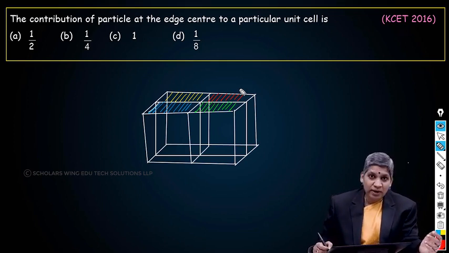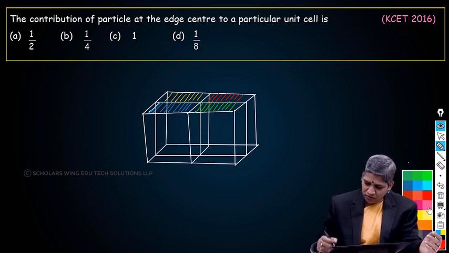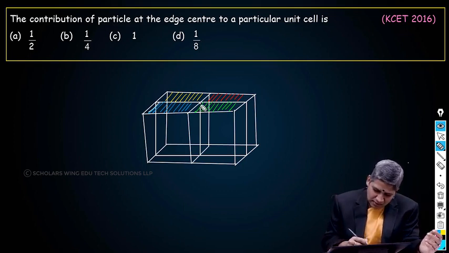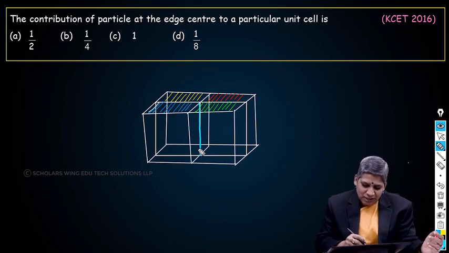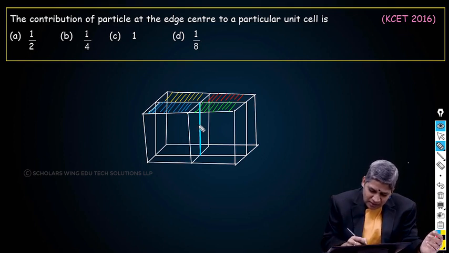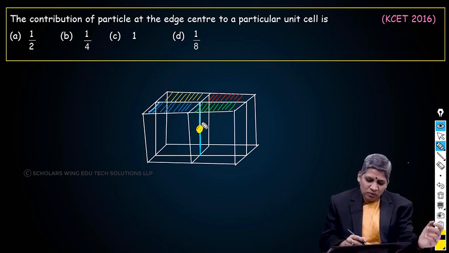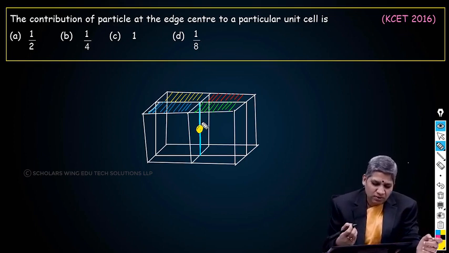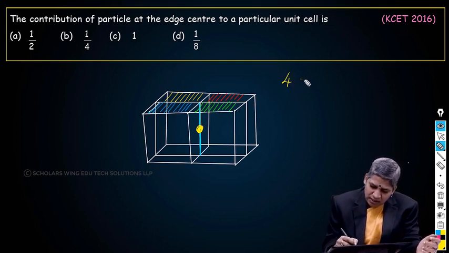Okay. And we know every cube has 12 edges. Which is the edge that is common to all the 4? Look here. Isn't this edge? I'm highlighting with blue once again. See, this edge is common for all the 4, right? Now, let us say at this center of this edge, I mean, we place a particle. This particle now is shared by 4 cubes, or you can say unit cells also, right? Okay, now 4 unit cells are sharing one particle,